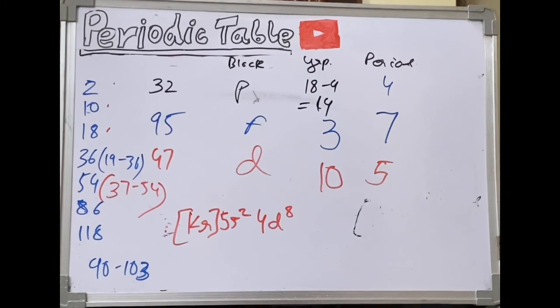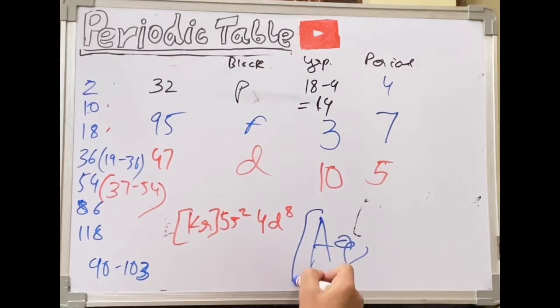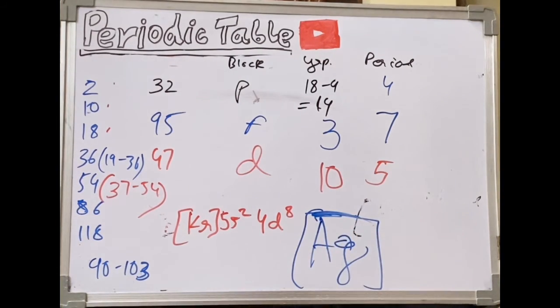This is pretty basic to understand, right? Now can someone tell me what the 47th element is? It is silver. There's a trick to remember this, and they won't ask you to draw the whole table. I'll dedicate a complete video in which I will tell you how you can complete the table within 3 minutes. Well, I'll try to do it in 2 minutes. There are a few acronyms you can use.